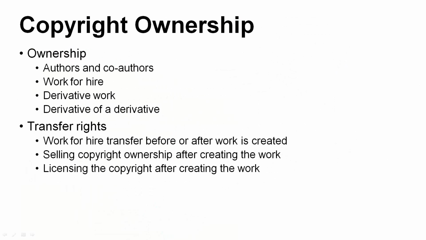And that also gets back to the question that David was asking in the beginning about when do these copyrights start to come into existence? So we talked about work for hire, that could happen before or after the work is created, but we are dealing with property, so it can be sold, it can be assigned under contracts, and there can also be a license where someone owns the copyright, but they have given a license to someone else. And so then the question is, what does the license say? And that should be defined in the contract.